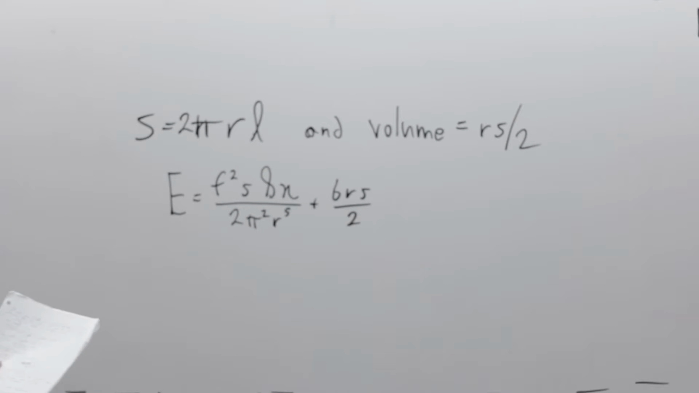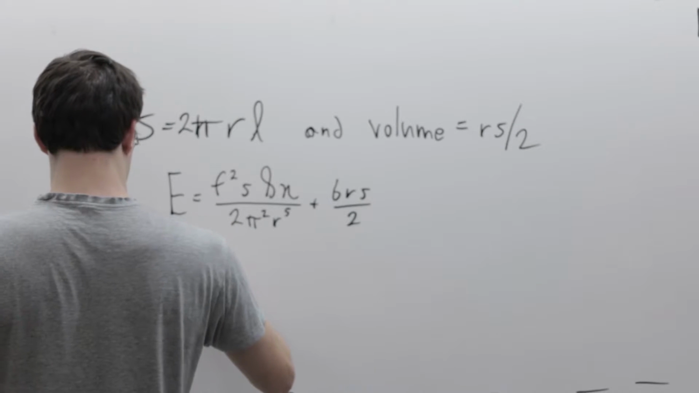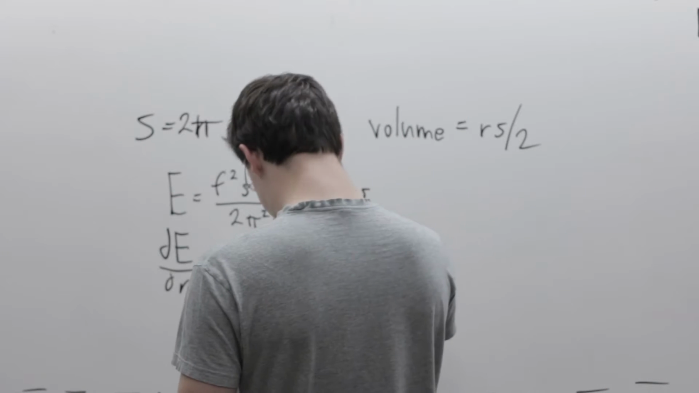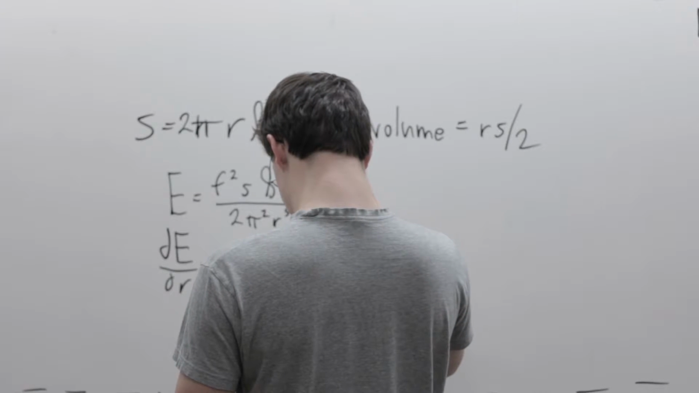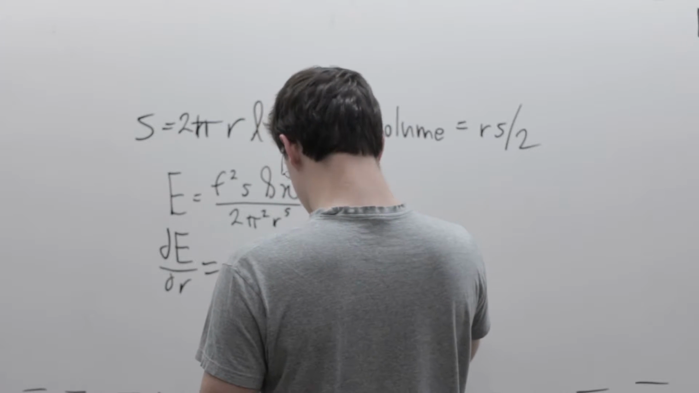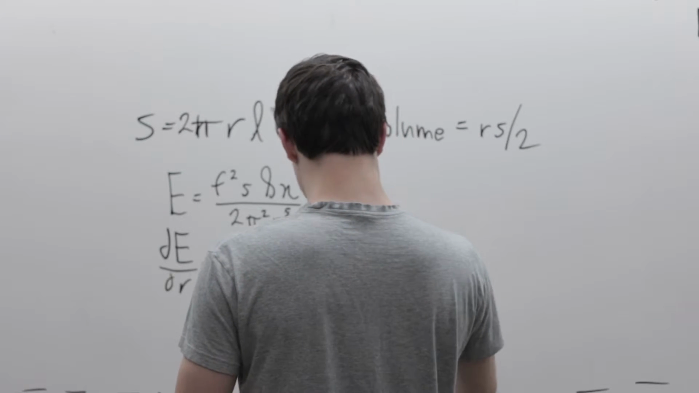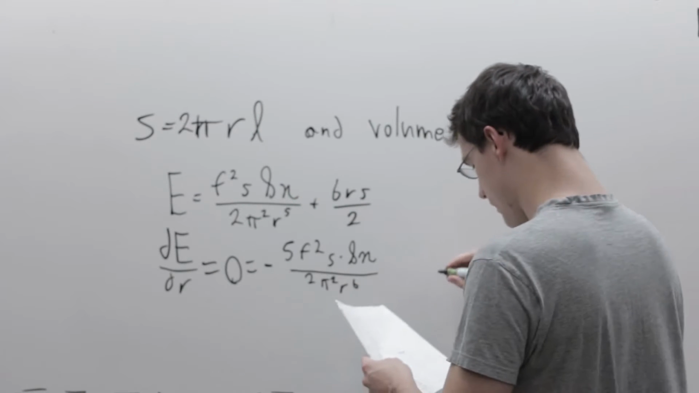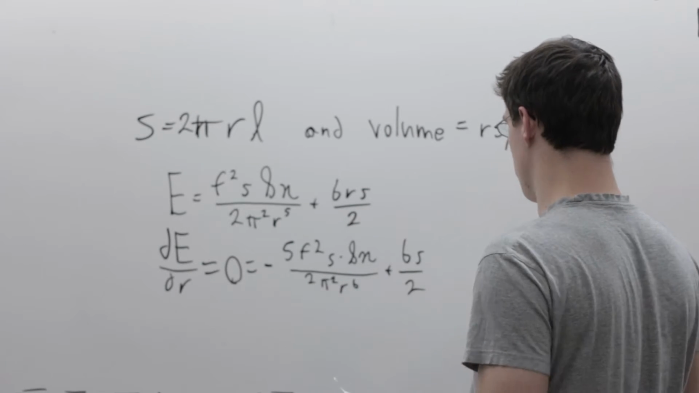Now this, again, we take the derivative of this with respect to r to find the optimal case, and we set that equal to 0. And then this becomes negative 5 F squared S times 8 eta over 2 pi squared r to the 6th plus B S over 2. And then solving for B, we have,